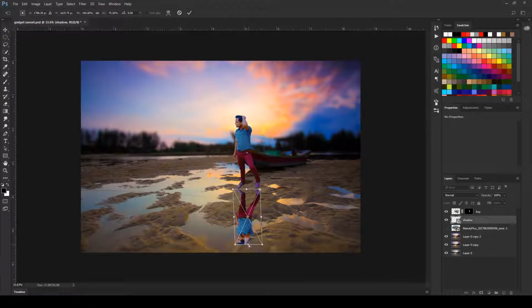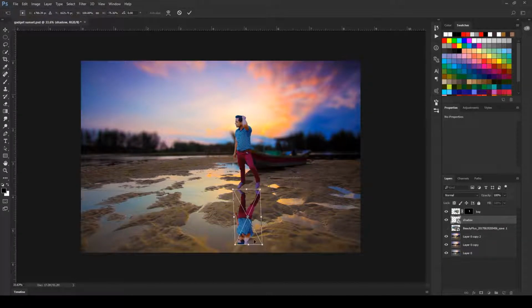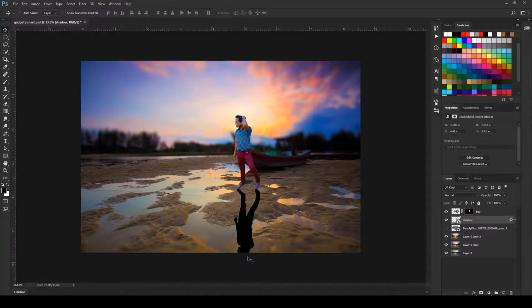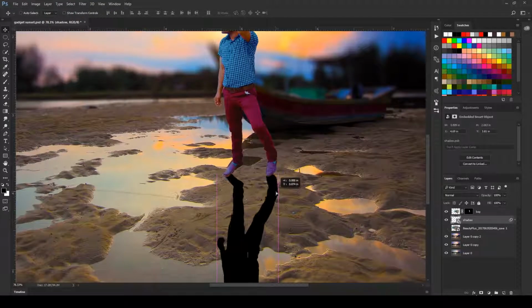Okay, and we'll press enter, and let's just scale it a little further, maybe something like this, and press enter, and let's adjust its position to something like this. Let's zoom in, place him over here so that it fits with that, and now we need to add a little bit more